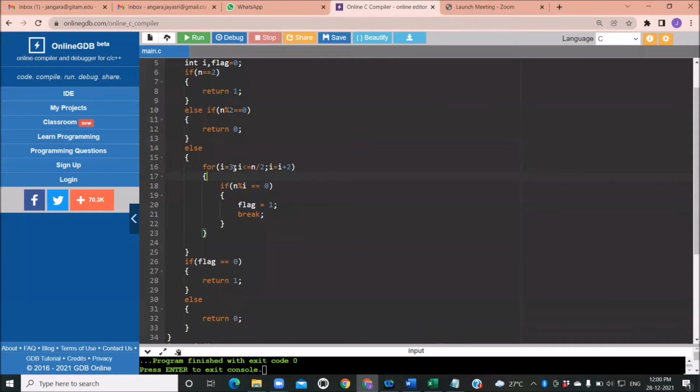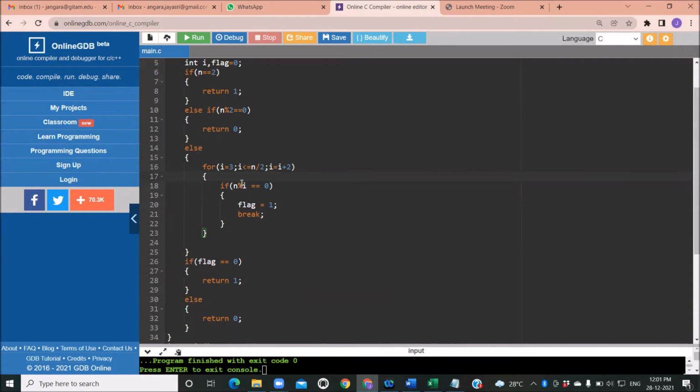Here i is starting from 3 and i is going up to n by 2, and each time we are incrementing by value 2. Why? Because we need not verify for all even numbers. So i should range only from 3 to n by 2, and each time it should be incremented by 2. That means 3, 5, 7, 9, and so on up to n by 2 we need to verify.